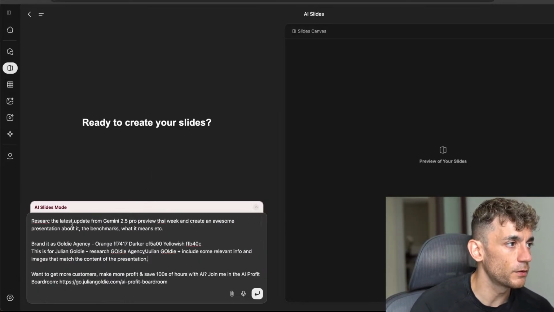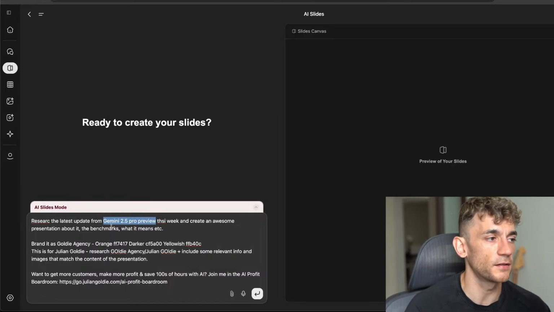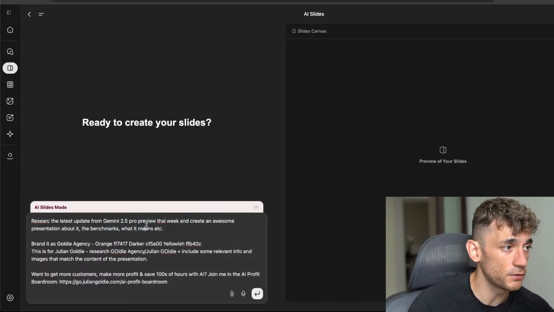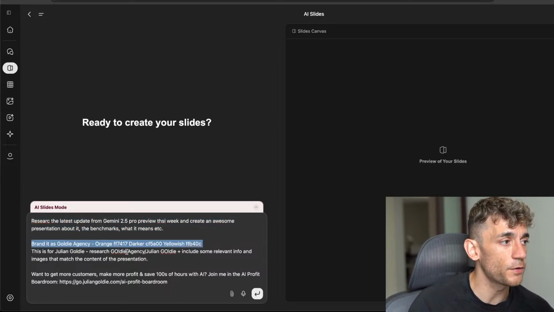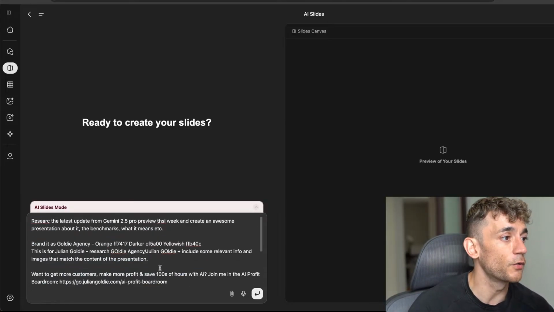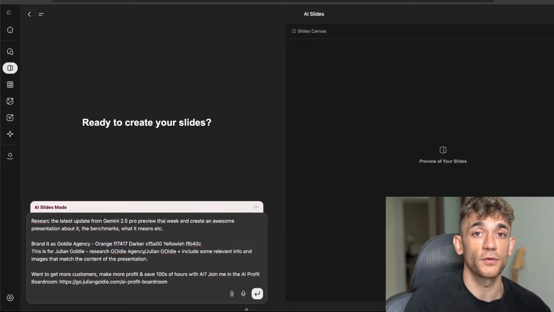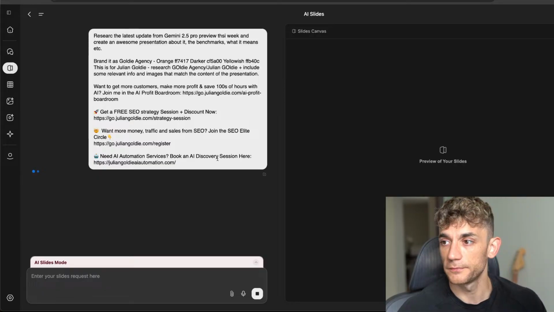So basically what we're going to do is research a topic that's brand new. So the AI agent needs to connect to the internet and research to figure it out. Then it needs to create an awesome presentation with the benchmarks, all the data, etc. From there, it's going to brand that presentation. And also we've asked it to personalize the presentation to us, our agency, plus include funnel links throughout to our different services, right? Which is great for presenting on a YouTube video, or for example on a webinar, or even directly to a client on a coaching call. So if we enter like so,